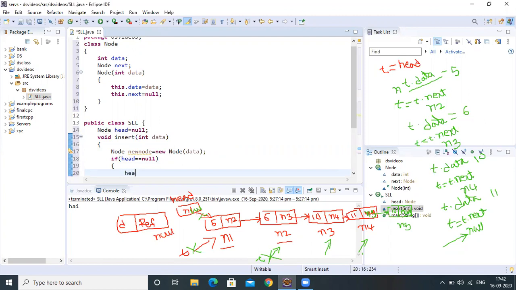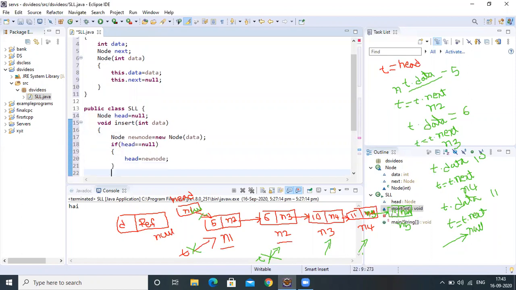So we will attach our new node to the head node. This is the first node within the list. If head is null, there are no nodes in the list, so our new node will be the head node. This is the first node we are inserting.